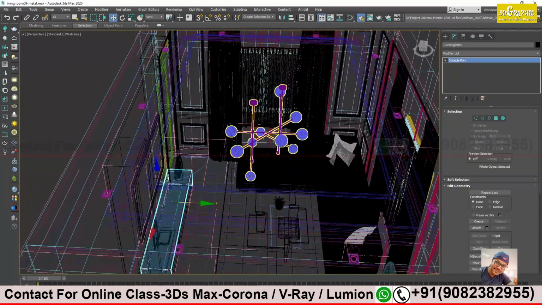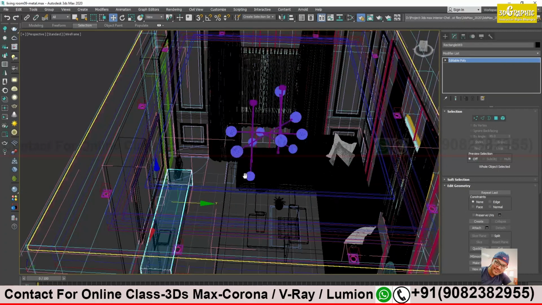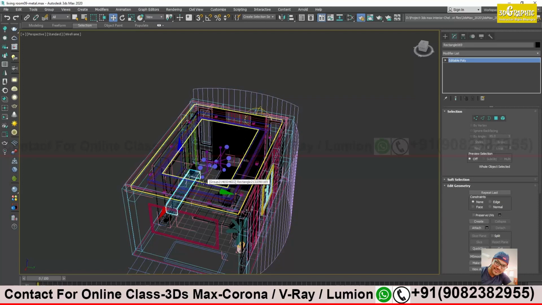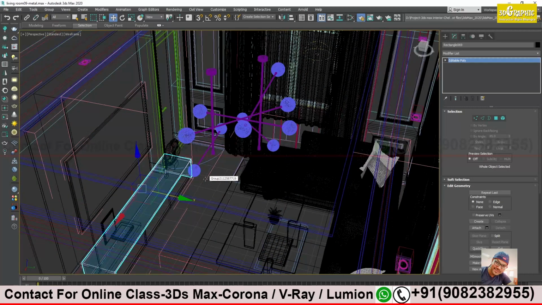Just go through the project, go through the files, see the reference image and tell me the problem areas which you think are difficult for you. That we're going to cover. Meanwhile, I also see the image. And in the remaining time we will see the difficult areas. Otherwise, for small areas I don't need to explain. That's simple: change the color and add some reflection values. That is more than enough.